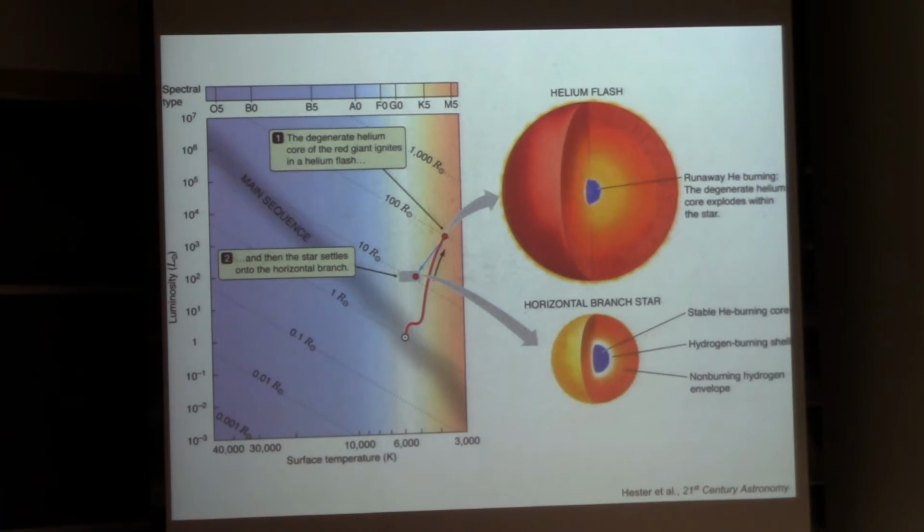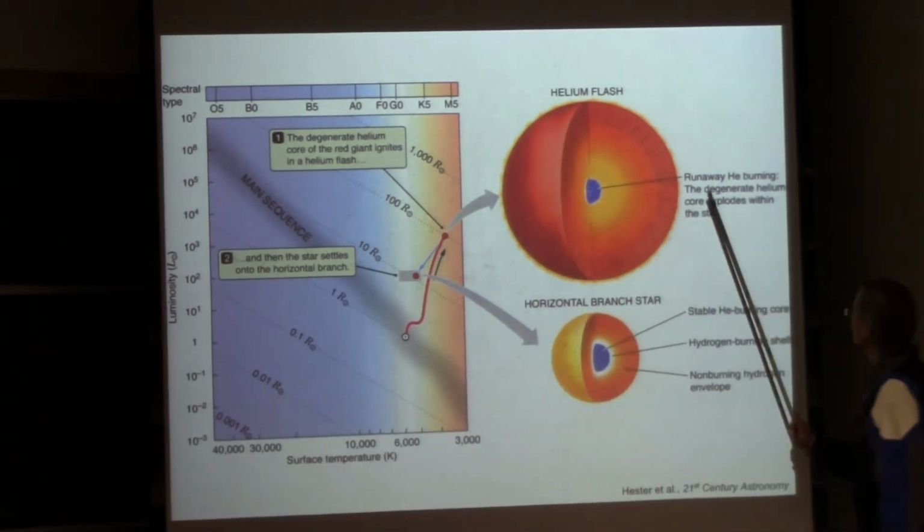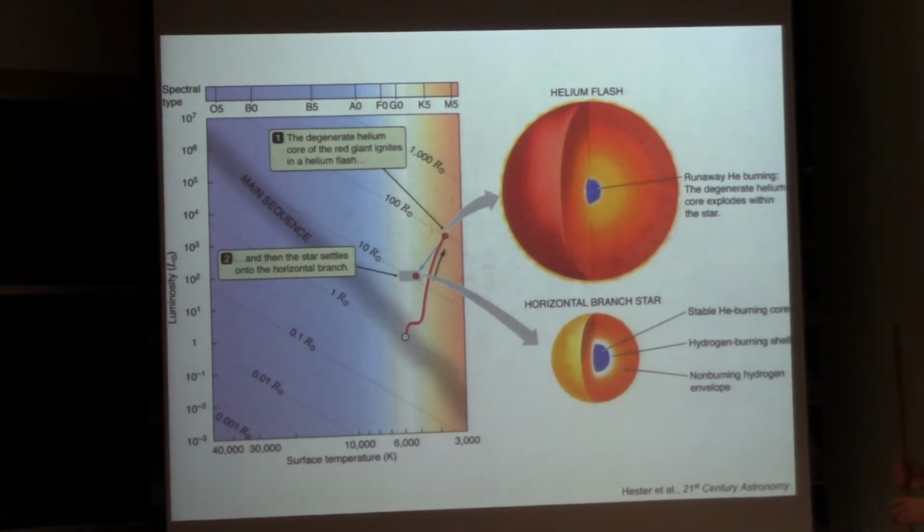But on the other hand, because you would need too fine a resolution. Conditions are changing over such small spatial scales, you'd need too fine a resolution. Computations would take too long. But the idea is, once you reach this point right here, the so-called tip of the red giant branch, you have the helium flash. There's runaway helium burning, the degenerate helium core explodes within the star, but eventually the temperature